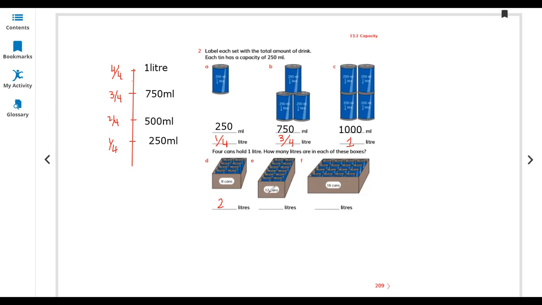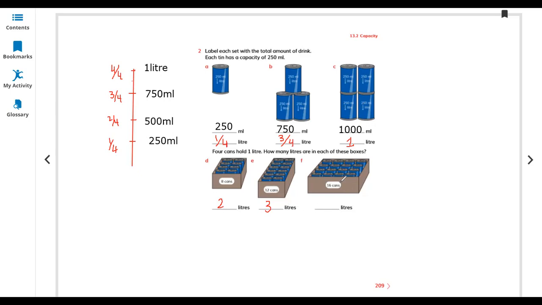Now this is more than 8, it is 12. First of all, we write here 2 liter, and from 12 take out 8, the remaining is 4. So there are 4 cans. So we can say this is 3 liter. Why? Because 4 plus 4 plus 4 is 12. 3 times. In 1 liter there are 4 cans: 1, 2, 3, 4. So 3 liter: 5, 6, 7, 8. 3 liter: 9, 10, 11, 12. So there are 12 cans in 3 liters,